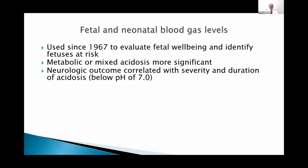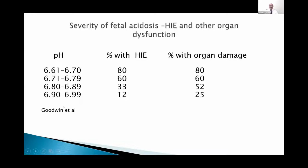it will be clear. The blood gas levels have been used to monitor the fetal state in addition to the CTG since 1967, and metabolic or mixed acidosis is more significant. The neurologic outcome can be correlated with the severity and duration of acidosis, especially if the pH is below 7. There are, however, many babies who have a normal outcome below a pH of 7. So this is Goodwin et al.'s data, which clearly shows that when the pH is 6.9 to 6.99, only 12% of the babies have